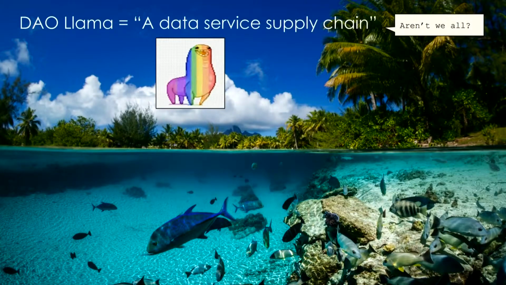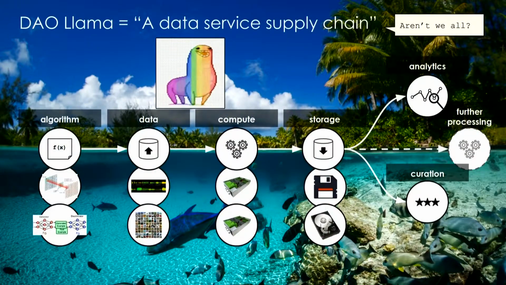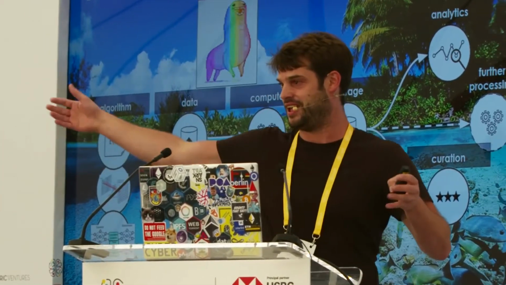Well, what it actually is, and we all kind of are, it's a data service supply chain. So, what is that? Well, it's a supply chain of services. You typically would take an algorithm, you could push it to a data set, there's things like federated learning, etc., and then you would start computing your algorithm, training weights, etc. You would store the output result, which then would be deployed in an operational setting, being your algorithm running. And then you can use that algorithm maybe in other contexts. There's things like transfer learning that allow you to take a neural network, cut out the output layer, and use it in a very different context and retrain it. And you can start stacking algorithms. Really neat.